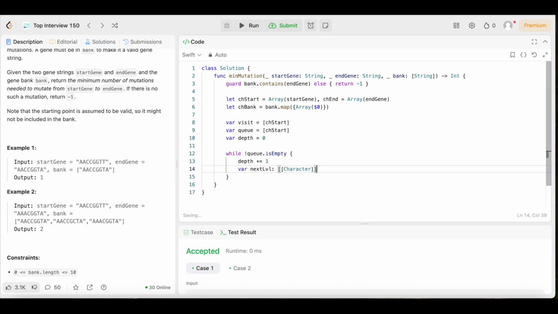Then we are going to initialize it with a blank array, just like that. Boom. Now it's time to process each gene in the current queue that we're working with. So we're going to say for q in queue, for word q in queue. We're going to open up the brackets, and now we're going to iterate through each gene in the bank. So for that, we're going to say for b in ch bank,